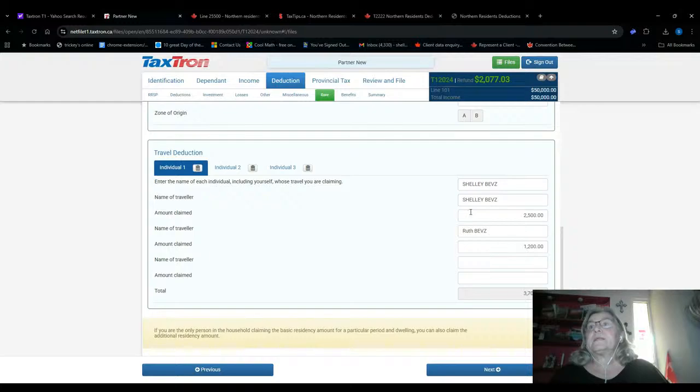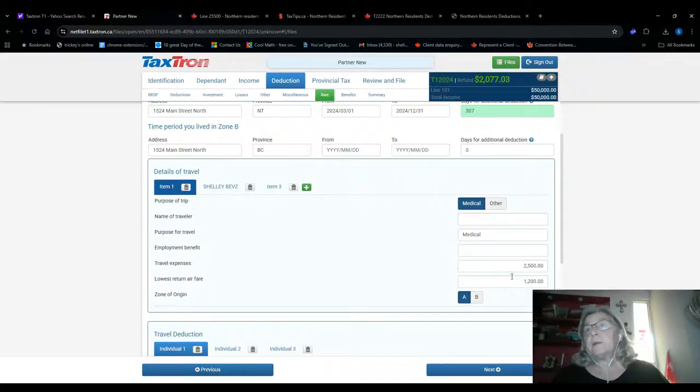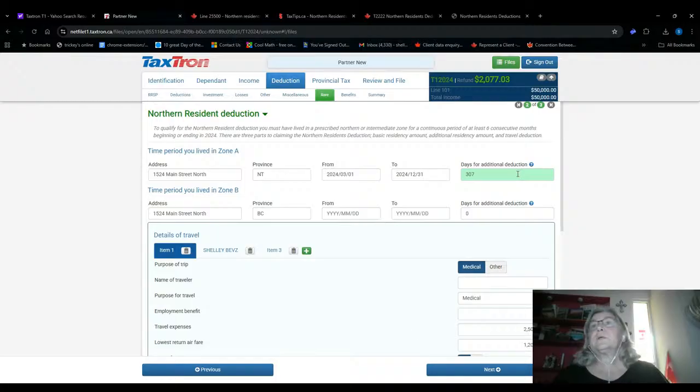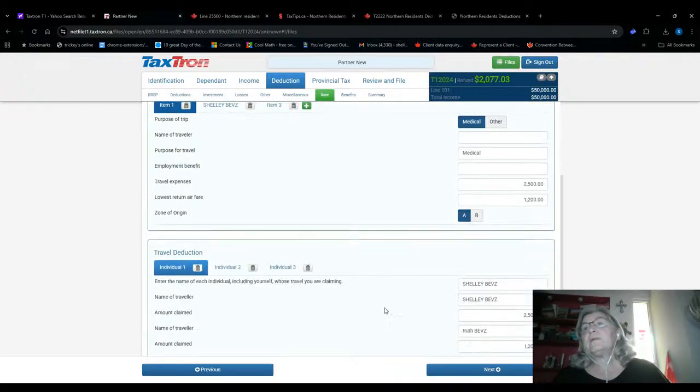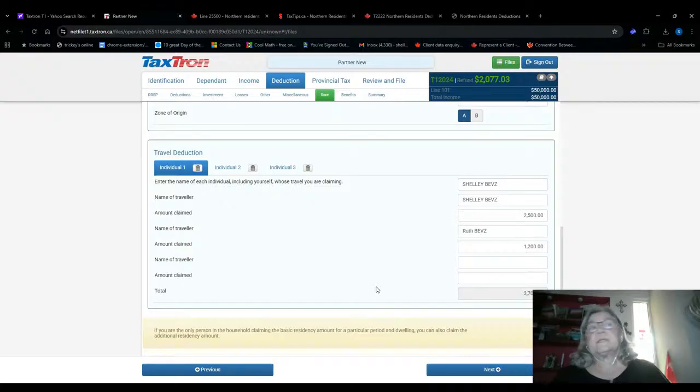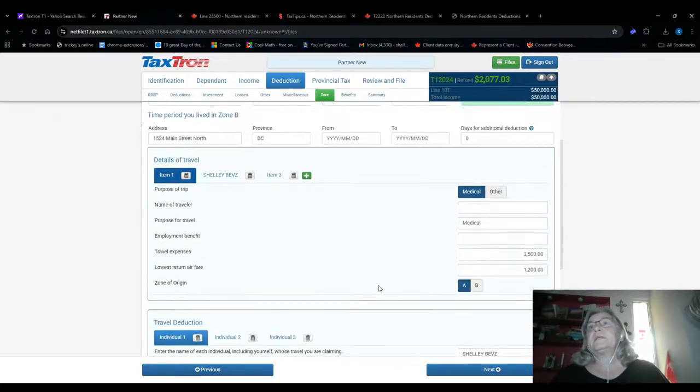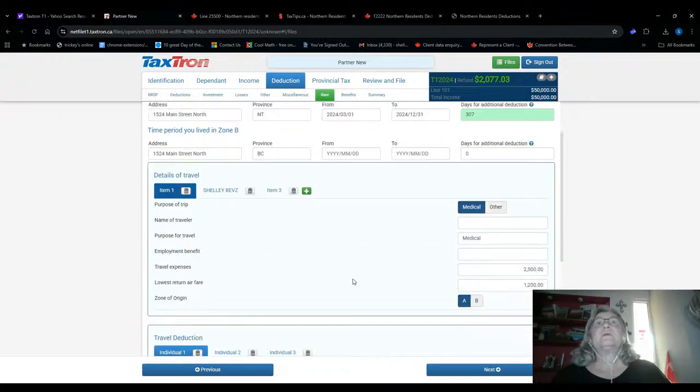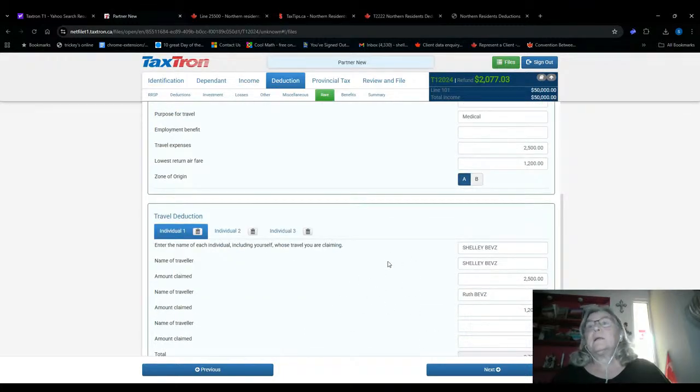Let's go. So it's allowing Shelley and Ruth Bev's another person in the household, let's say. So that's $3,700. So $3,700 plus the original up here that you were only allowed to claim is the $1,200. Plus up here, your 307 days is your $3,377. Your total travel expense claim is $8,277. Really simple. It integrates it all for you. You don't have to go through all that work. If you had not claimed this deduction, your refund, let's go to the summary, wouldn't have been $2,000. It would have been roughly about $300. So just so you can see,